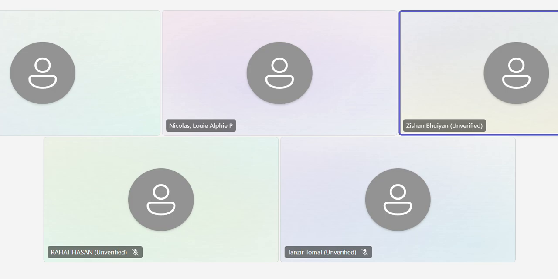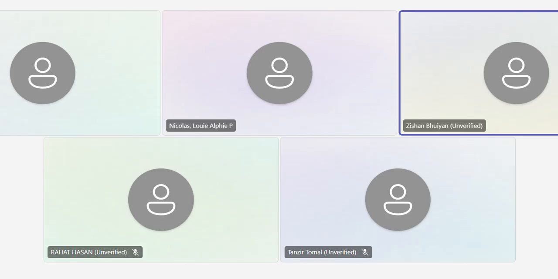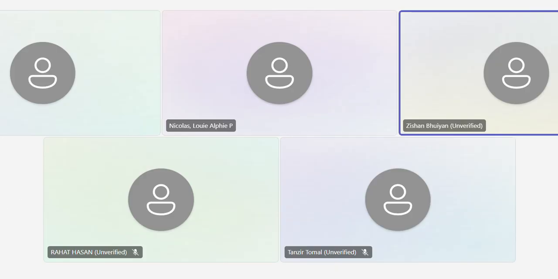If I can, I'll try to share my screen first, and you can guide. Still didn't get that share option. Can you share your screen? I'm not getting permission from the admin side to share my screen.